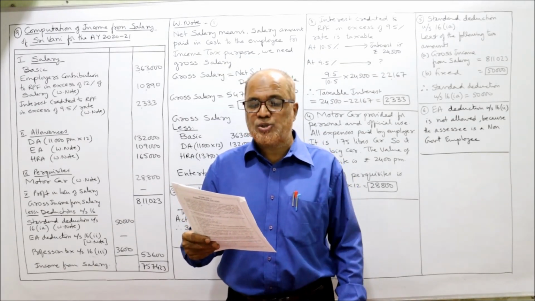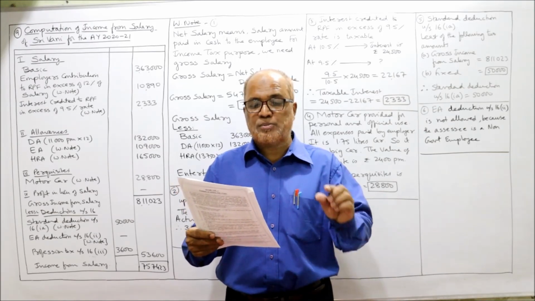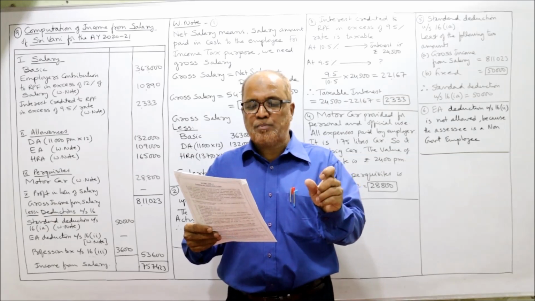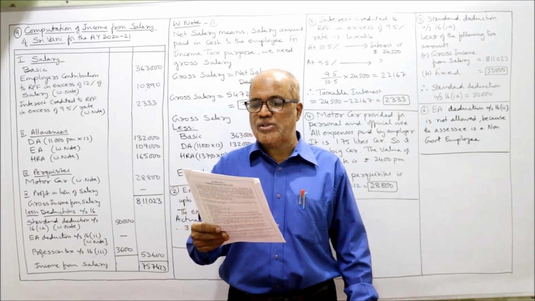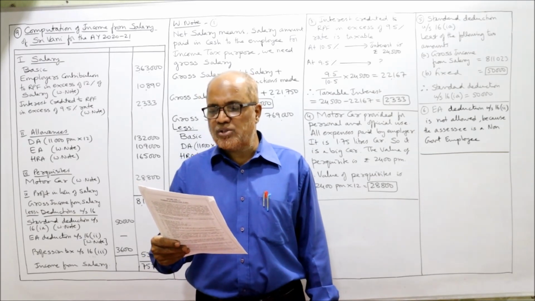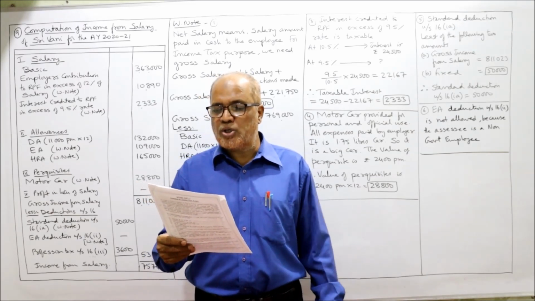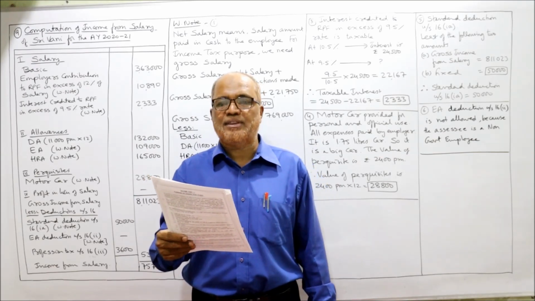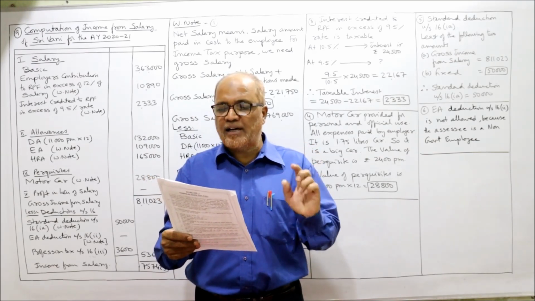LIP, life insurance premium on own policy 22,000. Then life insurance premium on wife's policy 10,900. Standard deduction 50,000. Profession tax 3,600, RPF contribution 30,250, and recovery of vehicle loan 77,000. The total of the deductions are